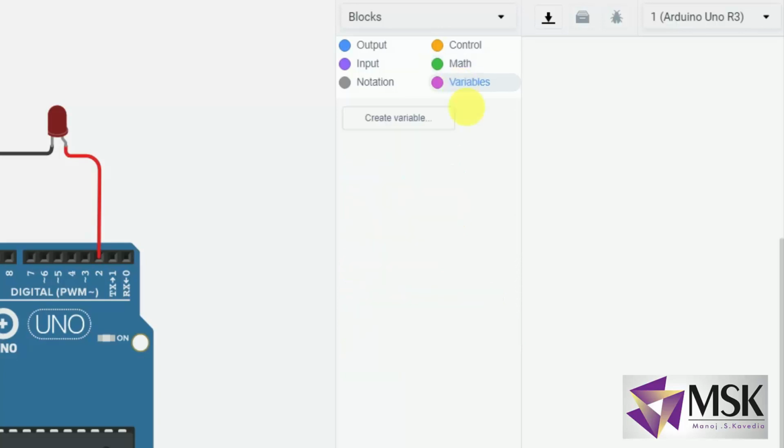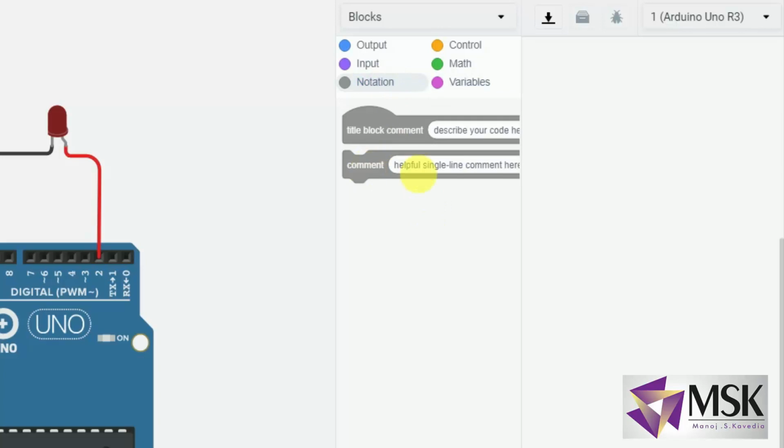Now since I have to set the LED for blinking, that is output, so first I'll take a comment block and I'll say set pin to high. This is my comment. Now I'll go to output and take set built-in LED to high.